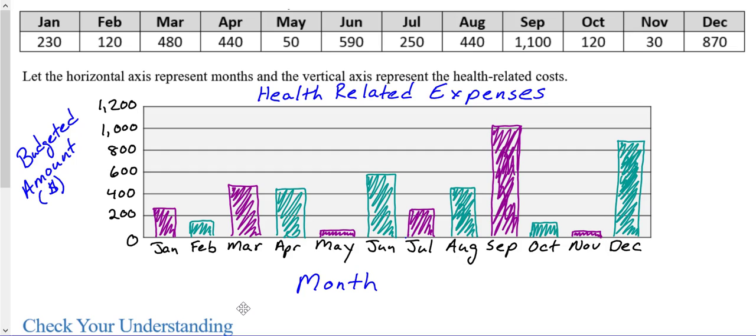Now as you can see by looking at this bar graph, it's very easy to make assumptions about when you're spending the most money. Obviously according to this bar graph, where I'm spending the most money is in September. And the two areas I'm spending the least amount of money are May and November. Another way to use this bar graph is to add on an